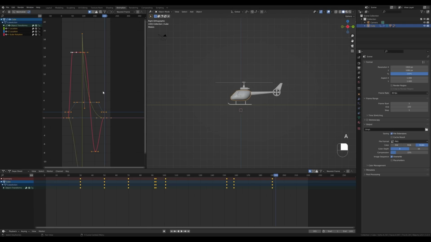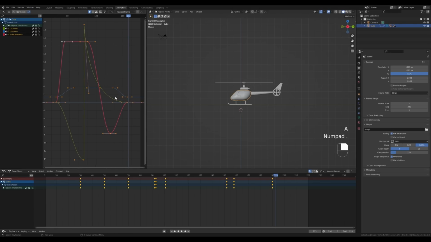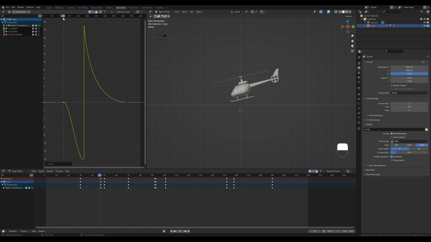Let's enable the Y location. Let's select everything and press period on a numpad to zoom in on the whole action. And right now it'll be all about that movement polish. So first of all, let's make the helicopter start a little bit later on that Y location movement, somewhere here. So I want it to raise up, tilt, and then start moving towards the front. I think it'll look more natural and maybe not so late. Just ease into it a little bit more.